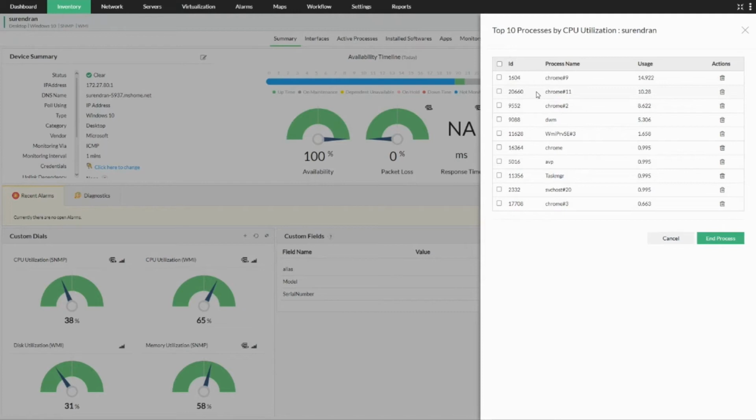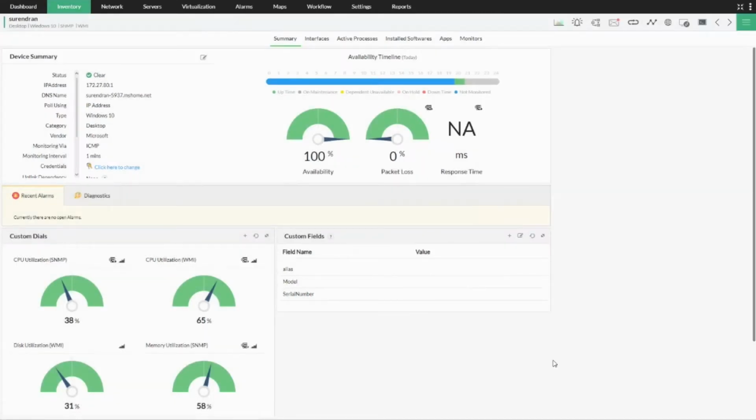So here, as you can see, there are multiple processes which are running. And if this Chrome is consuming too much memory or resources on my server, 14%, which is not critical, all I have to do is just select it and end the process from OpManager itself. I need not go to the server, manually check what the consumption is, and terminate or kill the process on the end device. Just come to OpManager, see the process, see the consumption, and if it's not critical, just click on process diagnostics, and you can immediately terminate it and take it forward accordingly.